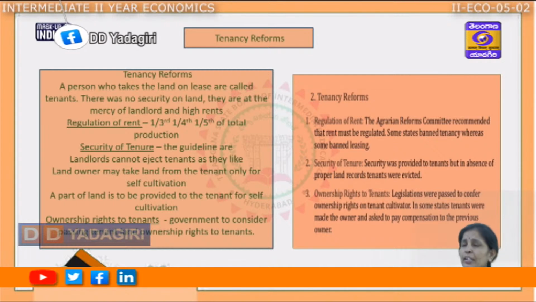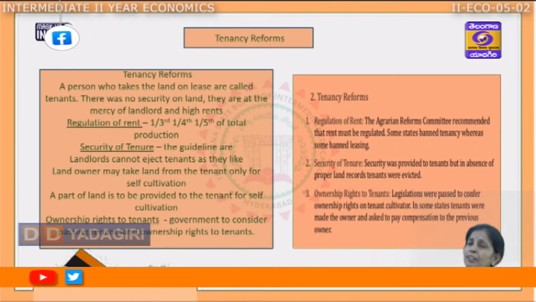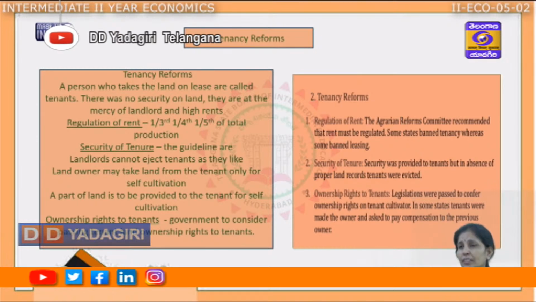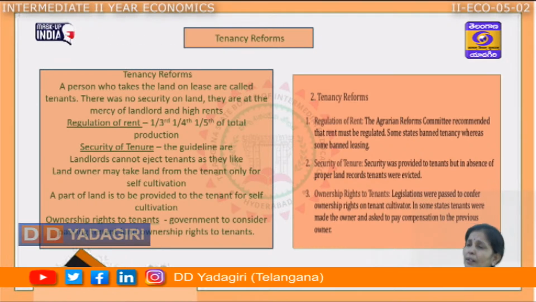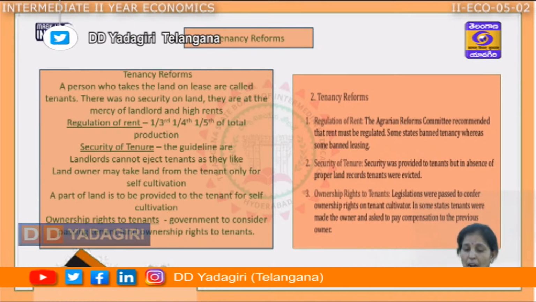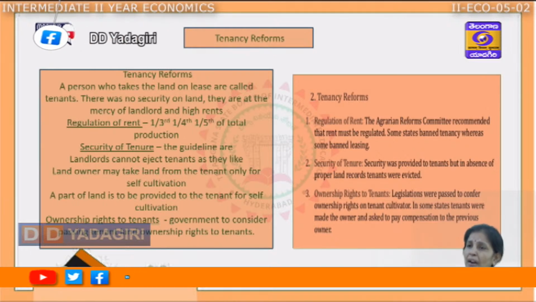There is no security on the land. The land revenue, the land rent is very, very high, and most of the farmers were landless. I mean, they didn't have the land for cultivation. These were the major problems the tenants were facing. So after the land reforms, a part of land reforms is tenancy reforms, which has been introduced by the government